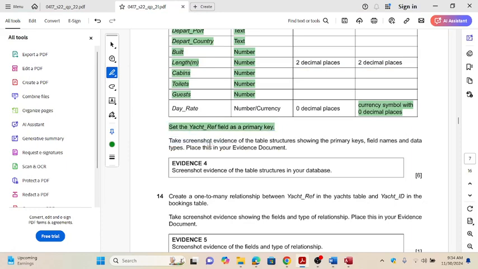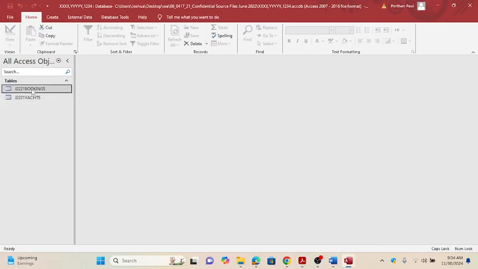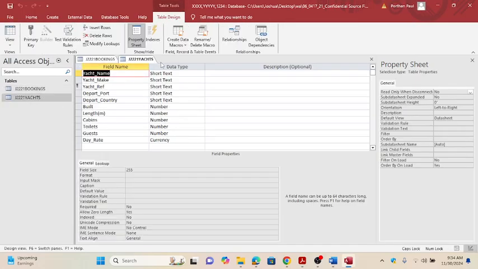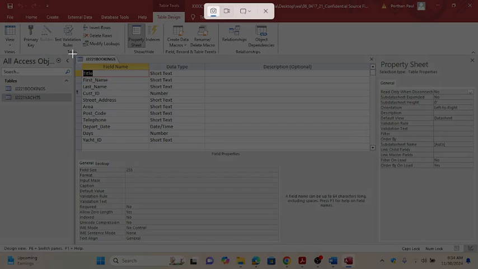Take the screenshot evidence of the table structures. We imported the 2 tables, so they are asking for a screenshot of these 2 tables showing primary keys, field names and data types, and to place this in your evidence document. So now I am going to open bookings design view and yachts design view. Otherwise we can do it one by one. First I am going for the bookings. I am going to take the screenshot